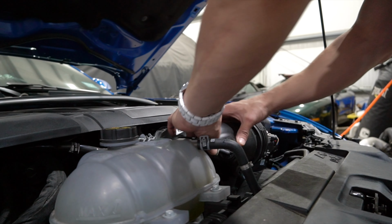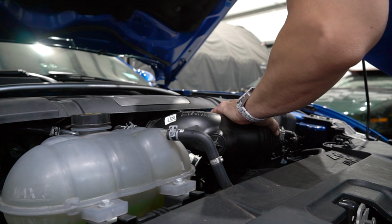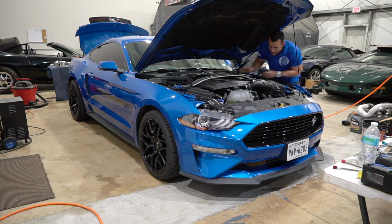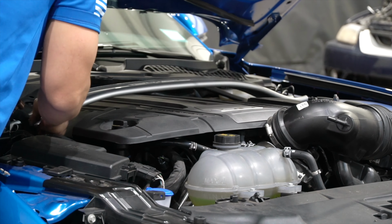All right, so we're going to start by taking off the factory air box and giving ourselves some room so we can start this installation process. Alright guys, so now we're going to take off the throttle body, disconnect the throttle body harness, loosen up the